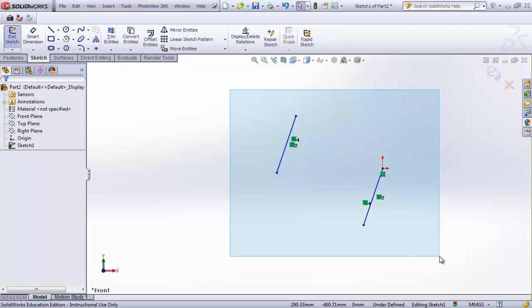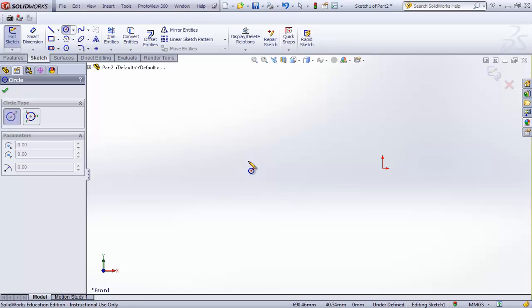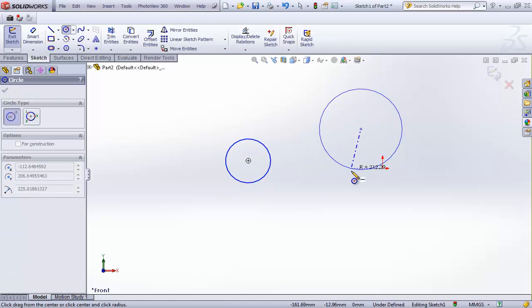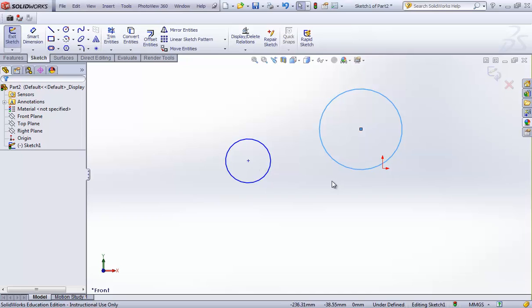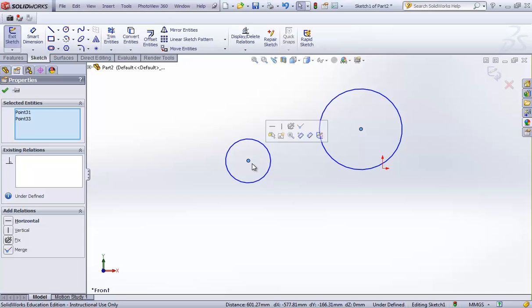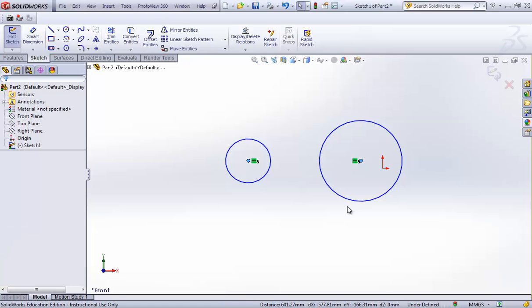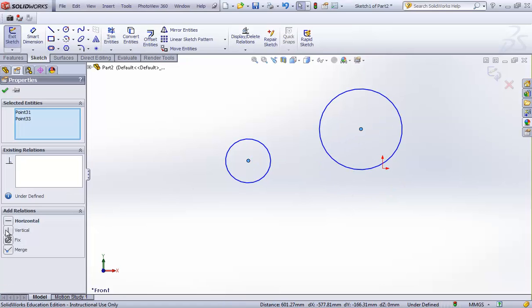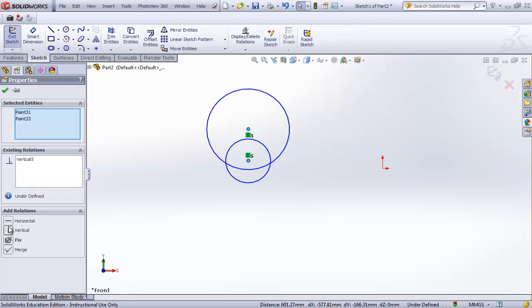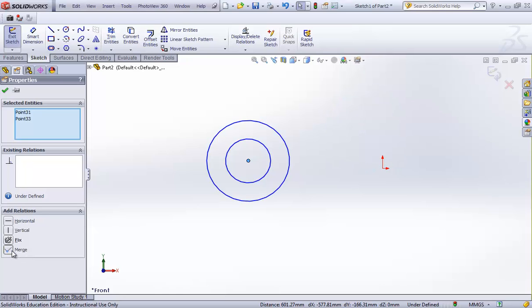So depending on what geometries we have in our sketcher, Solidworks will come up with different options. For instance, if we have a couple of circles, let's see what happens when I select the center point, control select the center point for the other. We can apply a relationship like make those 2 center points at one horizontal level. So if I hit that, it's going to bring that circle down. I can make them at the same vertical level,